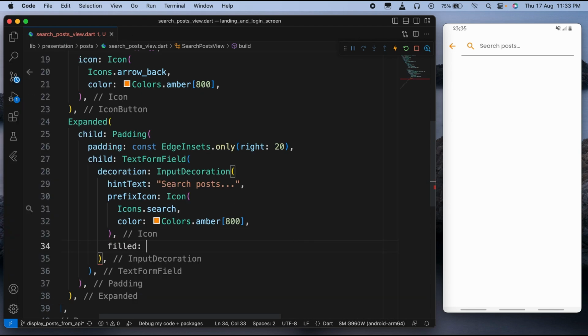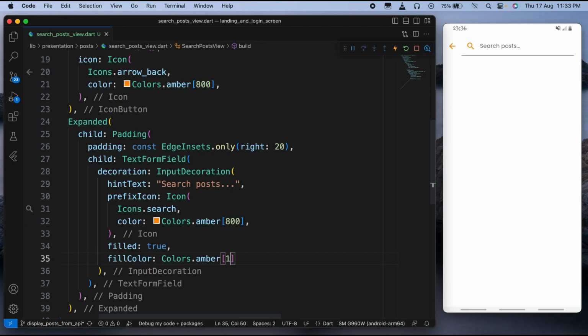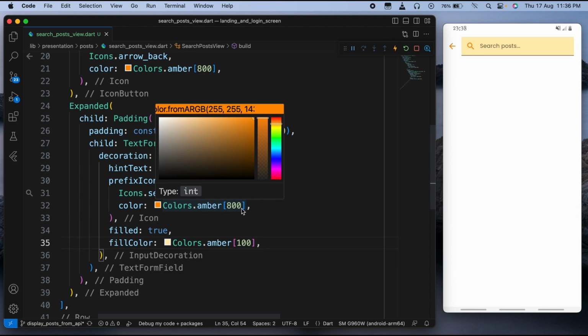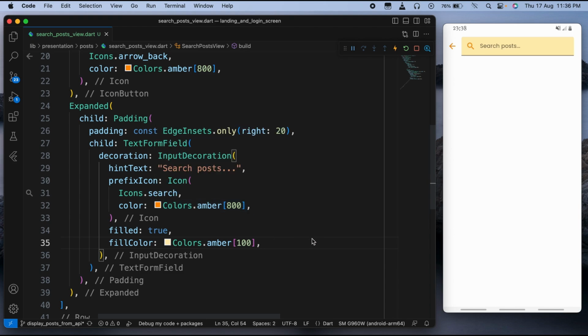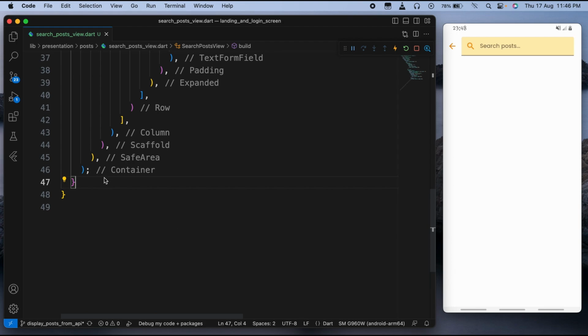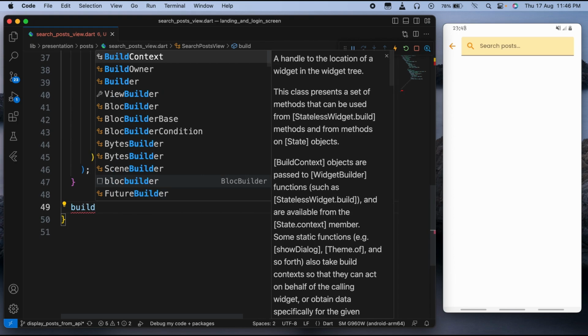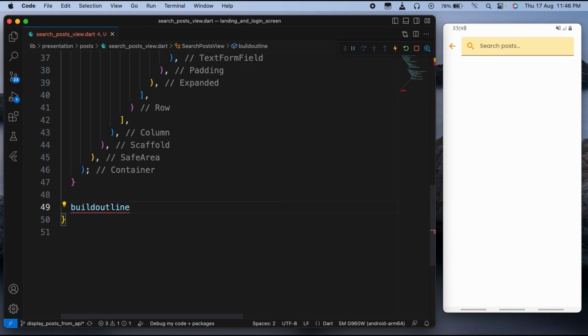So let's say filled true, fill color. Let's say amber 100, like that. Let's say 700. Yeah, it's good. Now let's customize the border of our text form field widget. So the way we're gonna do that is actually simple. We're just gonna come down here and create a reusable component that we're gonna call buildOutlineInputBorder